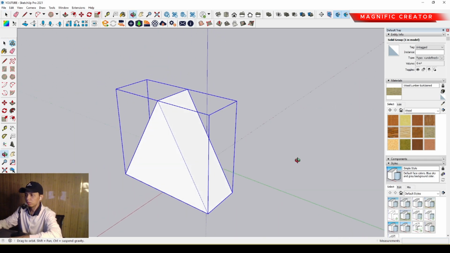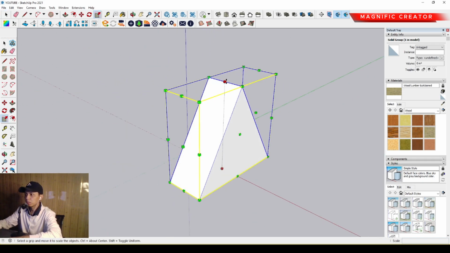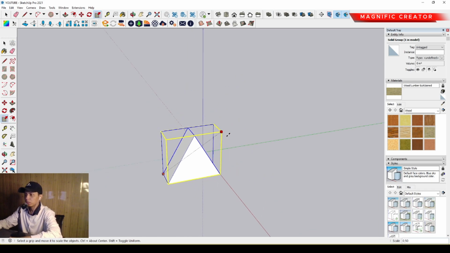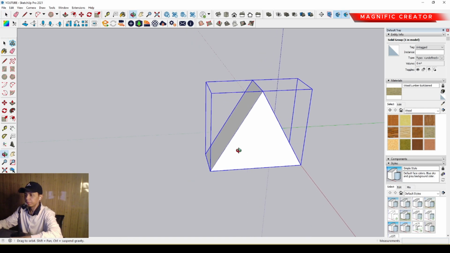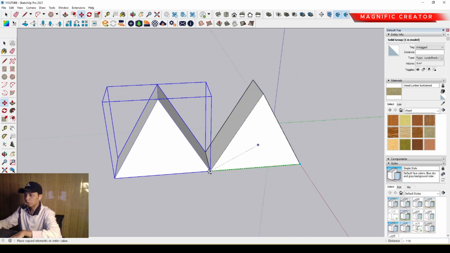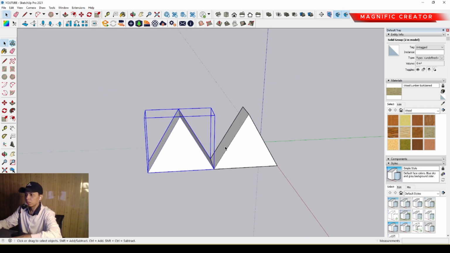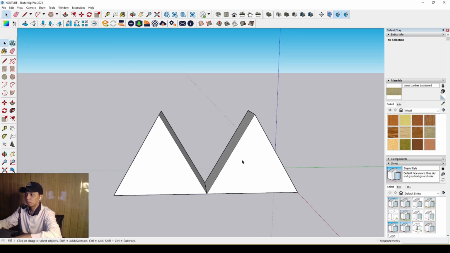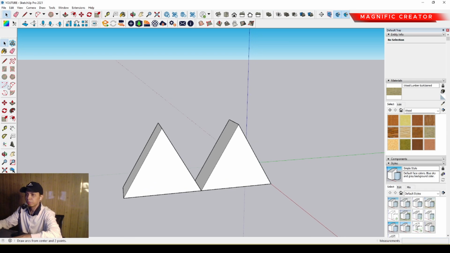So then we can adjust it to any size. And move, and press Ctrl to duplicate it, and then we can make another triangle in this position. We can use